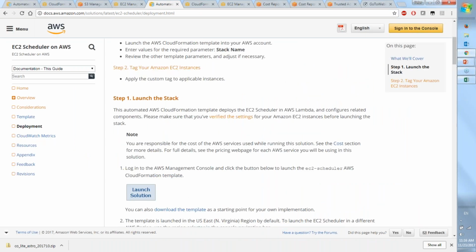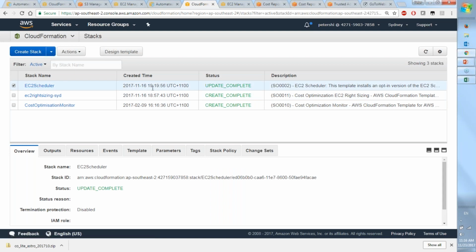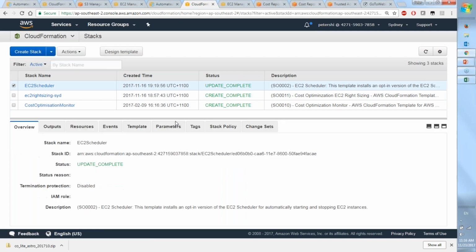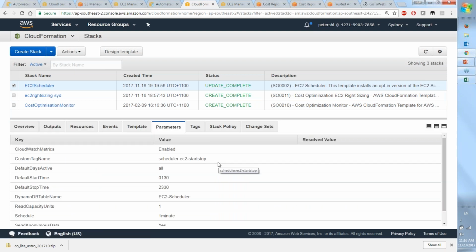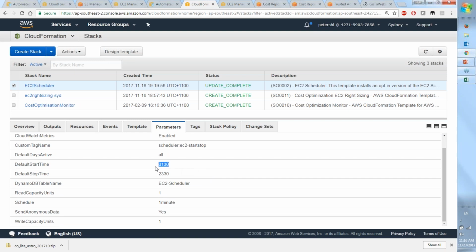And similar to the other solution, this one only took about 5 or 10 minutes for me to deploy. And so you launch the solution, and what it creates is another CloudFormation stack. And you can see here, my EC2 Instance Scheduler is described here. And so I'll go quickly into some details about the parameters that you specify in here. And so I tell my resources that they turn on very early, 1:30 in the morning, and they turn off late at night at 11 p.m. However, you can tailor this to your team's needs.